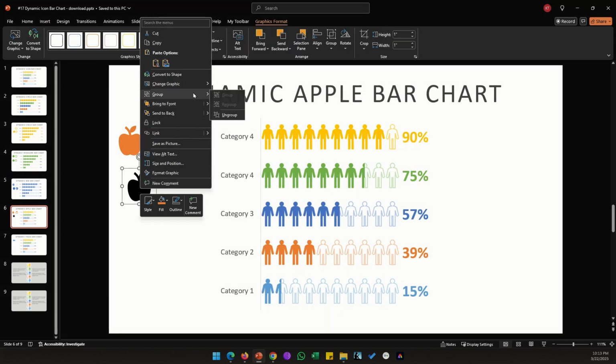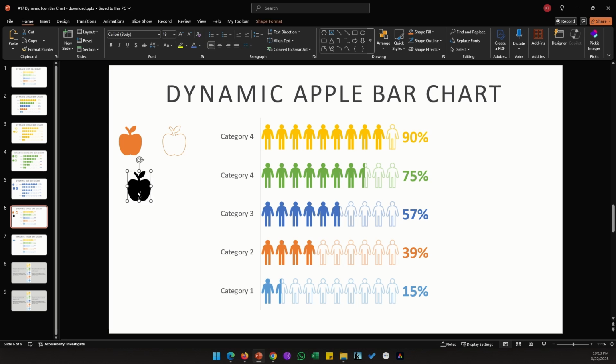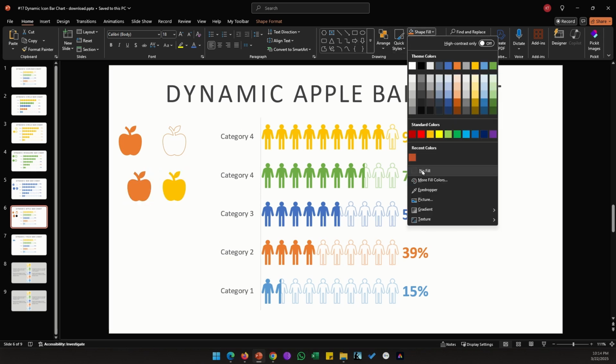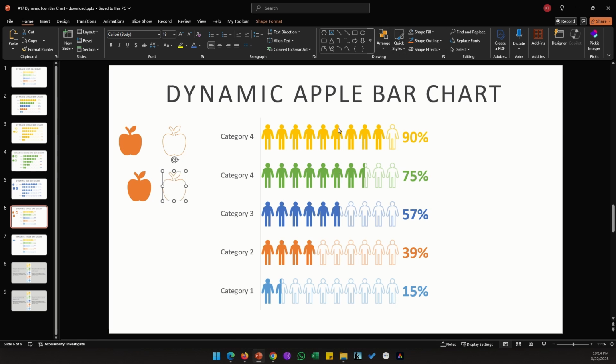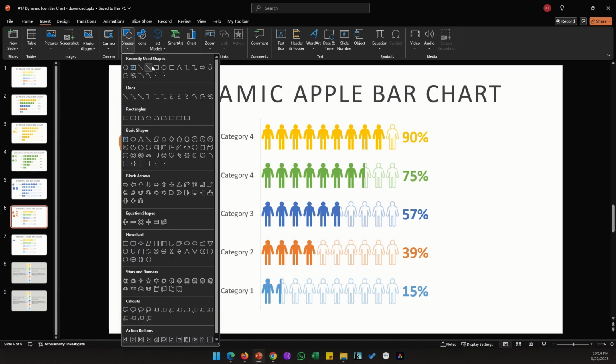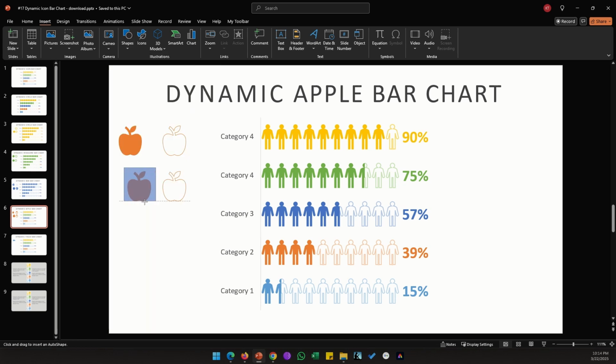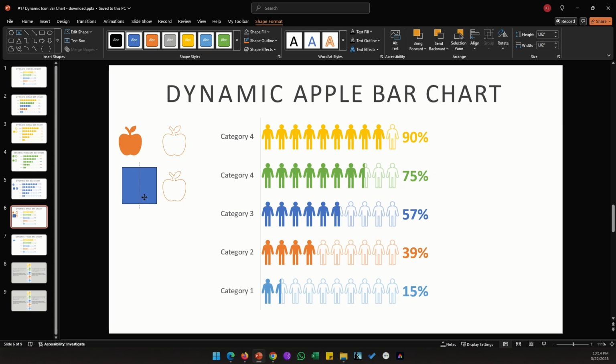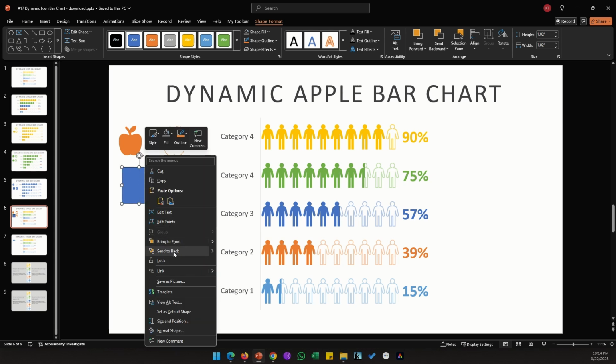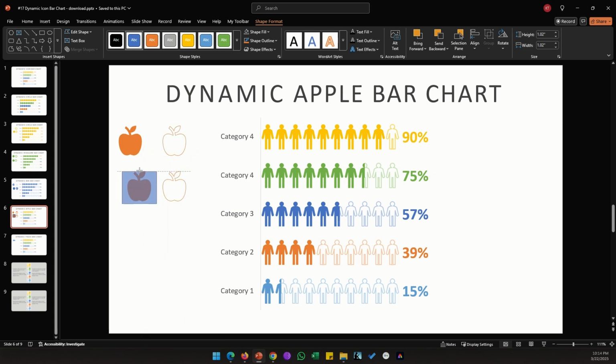Let's ungroup this, click yes, duplicate that, give this a color of orange and an outline of orange. For the second one, we don't need any fill, but we do need the outline. Then go to insert, shapes, click on rectangle, create a rectangle of good size, send it to back,